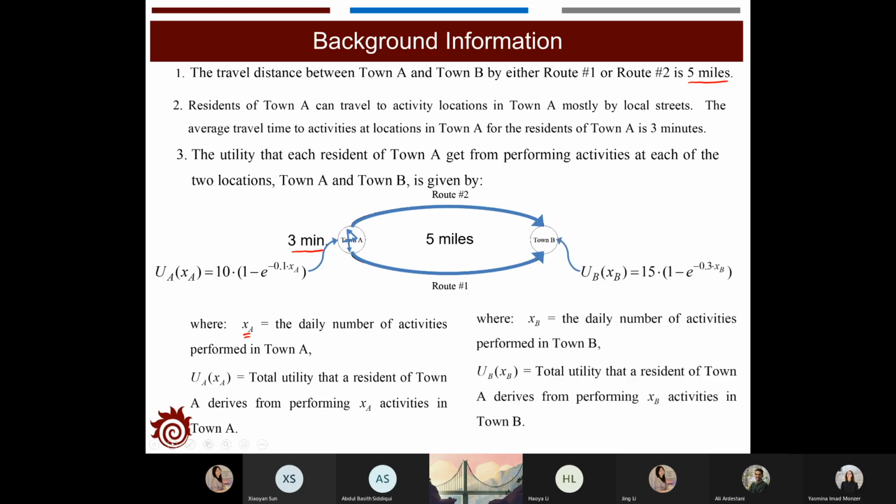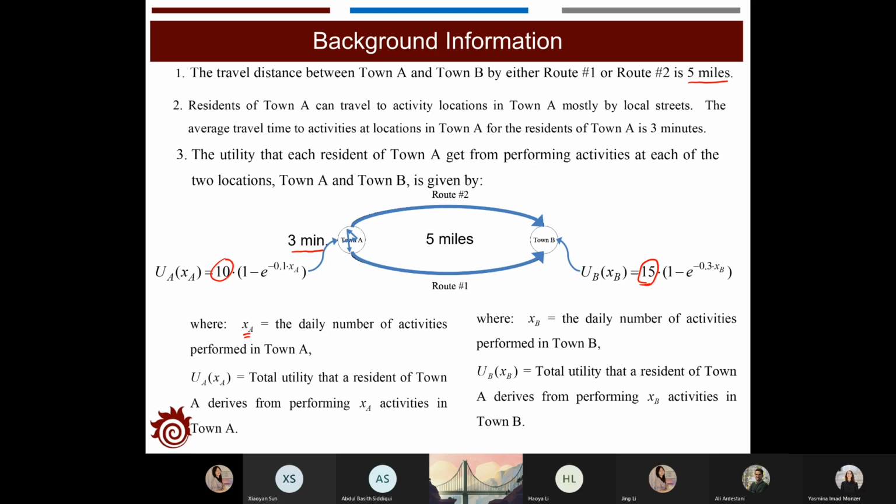And also we have a similar formula for the utility in town B. And UB will equal 15 times 1 minus exponential minus 0.3 times XB. So this one shows the total utility in town B with the daily number of the activity XB. And clearly you can see that this factor will be much higher than the factor in UA, which usually means that the utility at town B is higher than